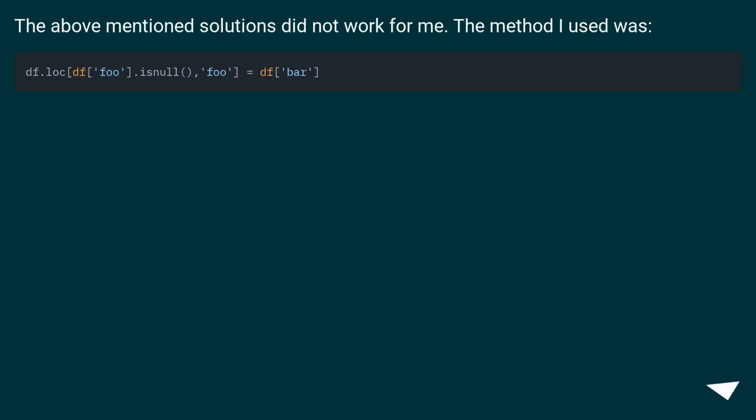The above-mentioned solutions did not work for me. The method I used was